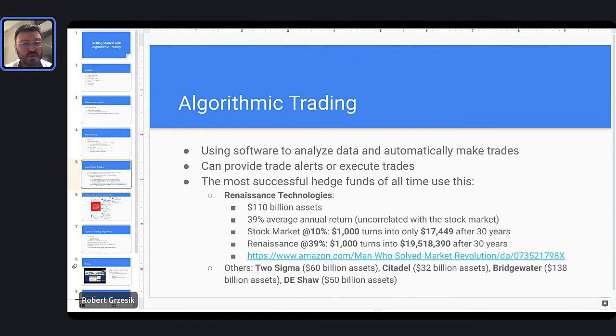We can provide trading alerts and we can also execute trades. So again, we could let you know this is a time to trade, or we could just actually place that trade for you. Most people that go through our classes will go directly into automatically placing trades. There are a lot of benefits to that, but you don't necessarily have to do that if you prefer to just get the signals.